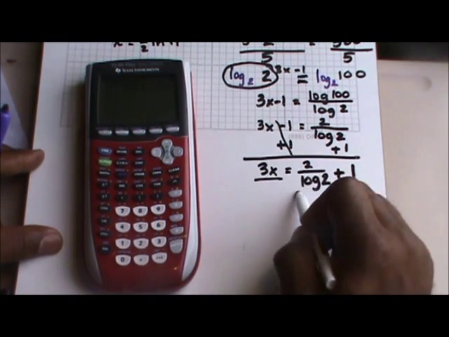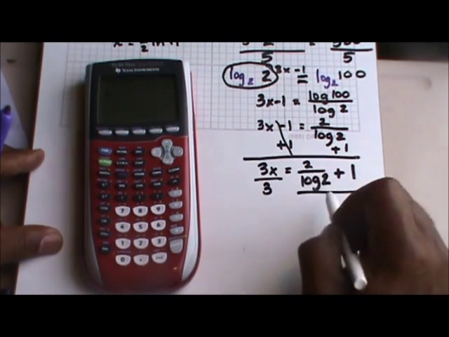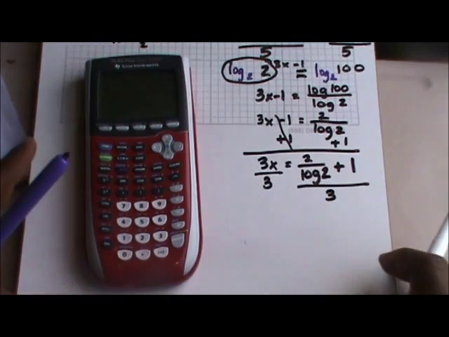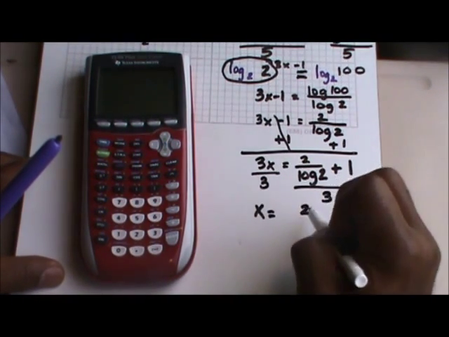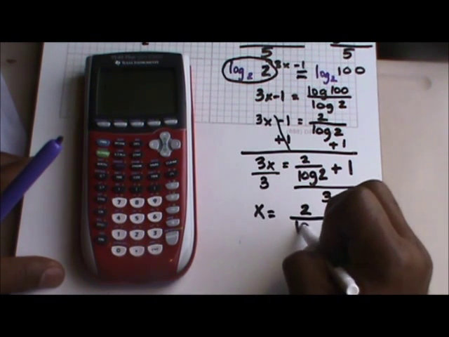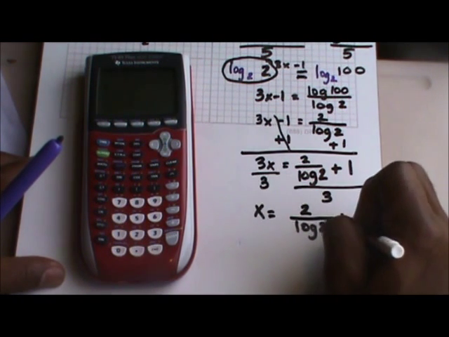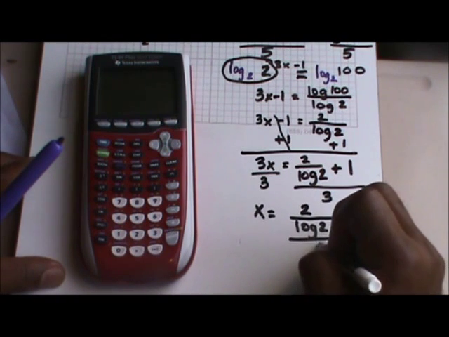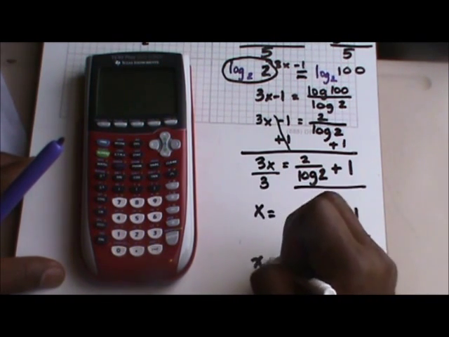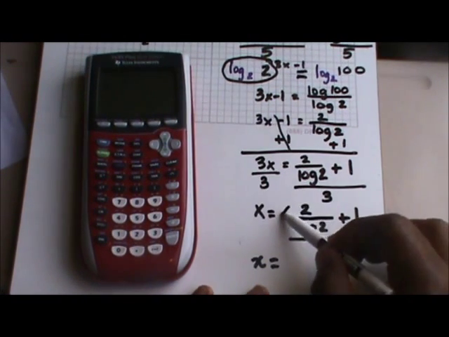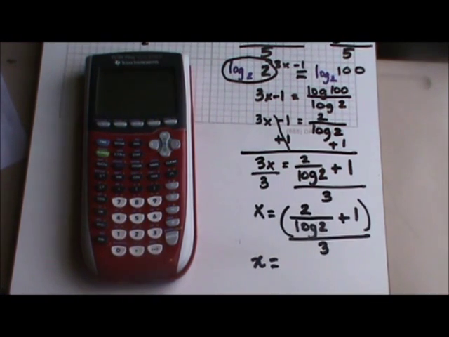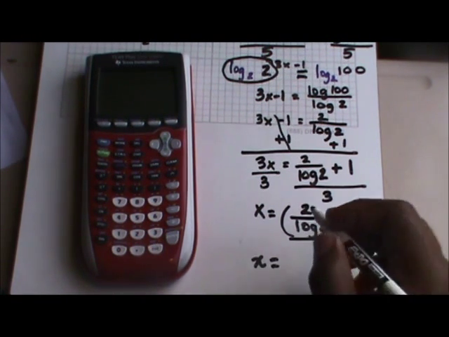Divide both sides by 3, and x is going to equal 2 over log base 2 plus 1, all over 3. Now if you put that in the calculator correctly, making sure that you put this in parentheses, for number 18 you will get